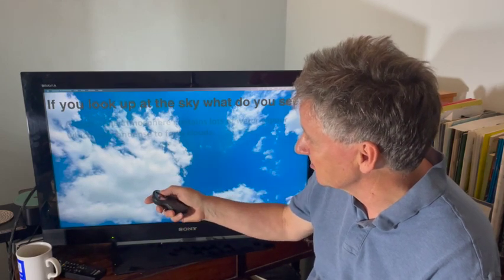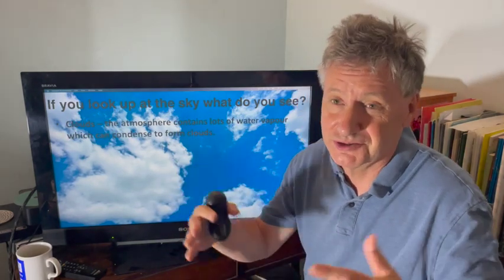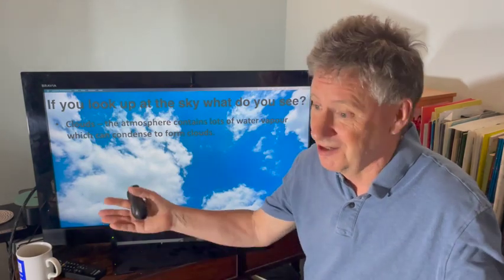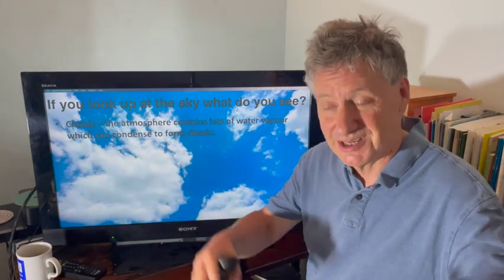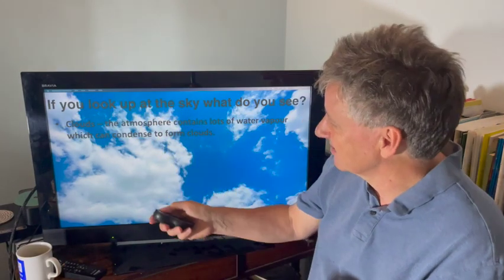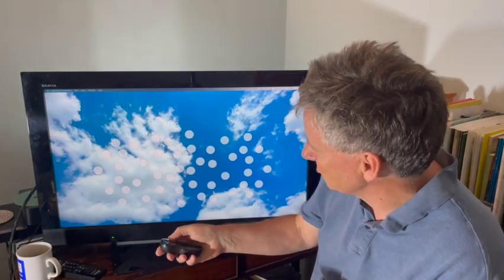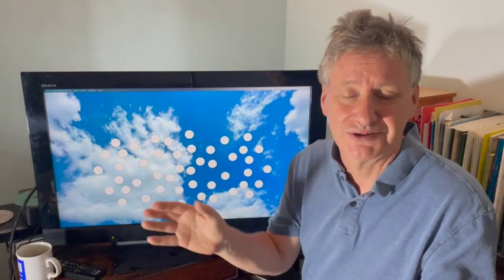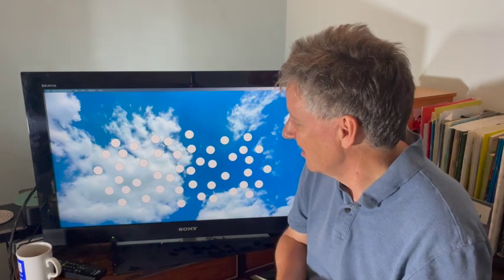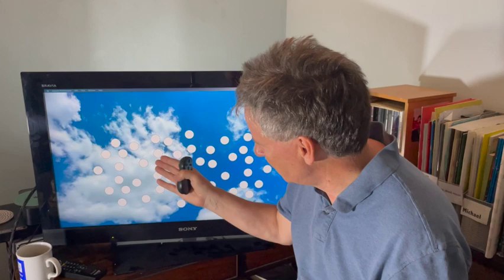Let's take a look at clouds. So we know where clouds come from. 2/3 of the planet's surface is water. The sun shines, water evaporates, rises up in the atmosphere and condenses into lots of tiny droplets. They're typically a thousandth of a millimeter to a few thousandths of a millimeter in size. And one of the curious things is, why do clouds look the way they do? Why are they white? Remember, water is transparent. So why doesn't the light just come straight through?